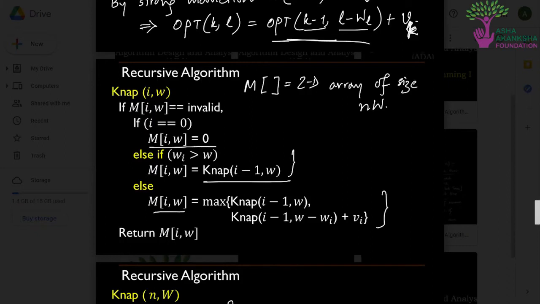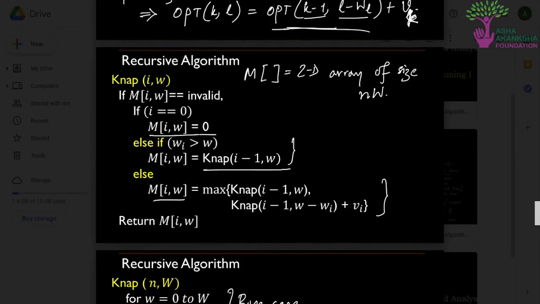Now, if i is equal to 0, as we numbered our items from 1 to n, there is no item in knap(0, w), and hence M(0, w) is equal to 0, because we cannot select any item, and hence there is no value of selecting items.